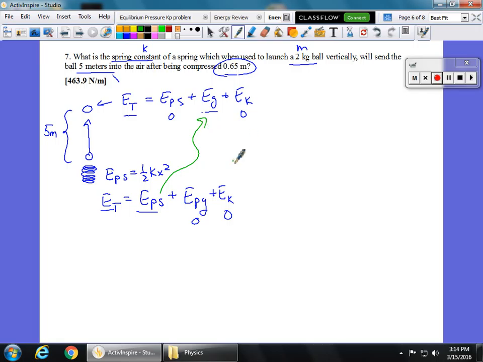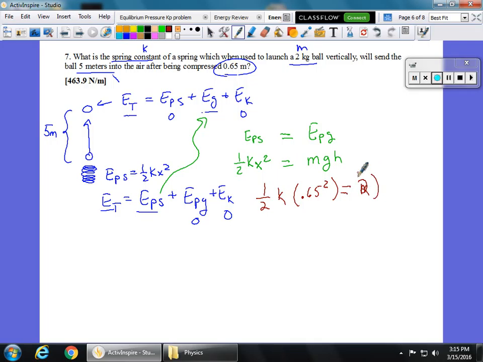So let's take our spring energy, which is 1/2 kx squared, right? This is our EPS. That's going to be equal to our gravitational potential energy at the top, EPG, which we know is mgh. So now all we need to do is substitute in our values. 1/2 times K, that's what we're looking for, times the compression, which is 0.65, and that needs to be squared, is equal to the gravitational, the mass, which is 2 kilograms, times 9.8, times the height, which is 5. Solving this one, we're going to come out with a K equal to